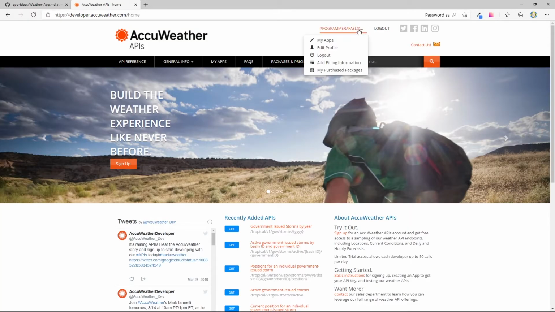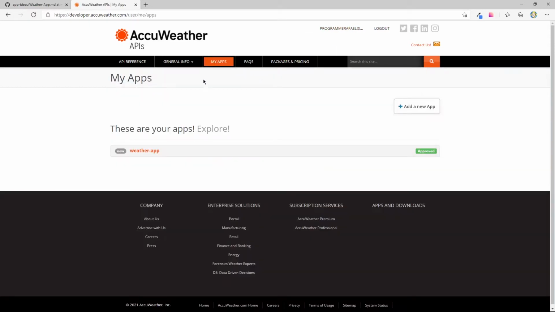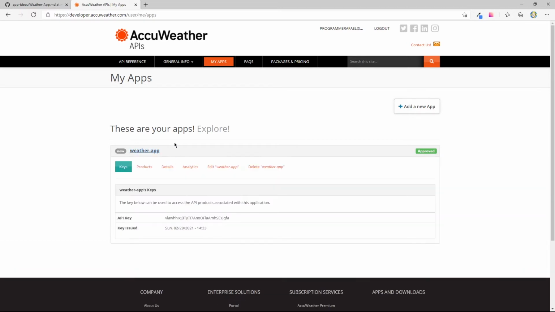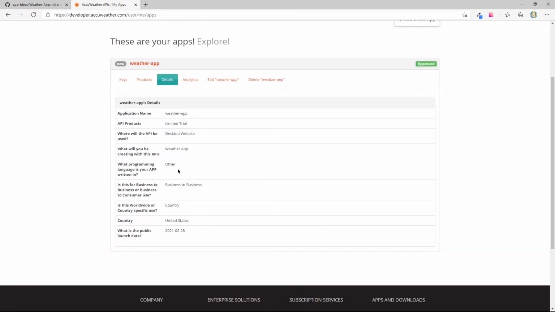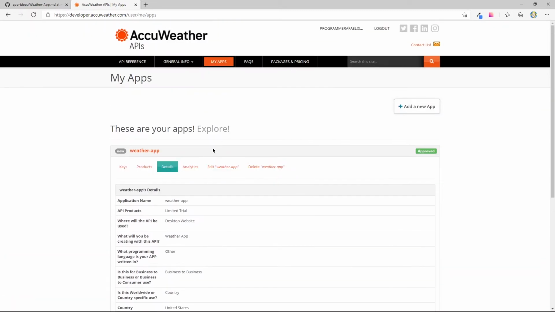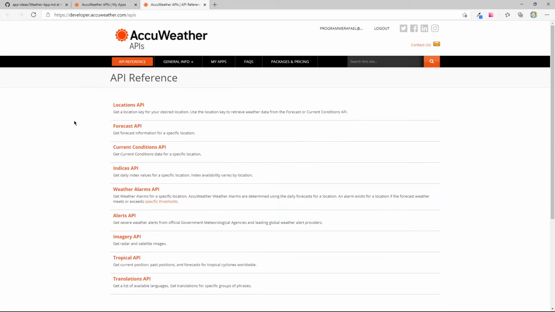I was thinking of creating a .env file, but what I'll do is I'm just going to delete this app once this video goes live, because my API key is going to be exposed here. But once you create your app, you'll see you have this API key, and you have other information like products and details, so on and so forth, things that you'll fill out at the time of creation of the app. And let's go to the API reference and just mess around with this for a little bit.